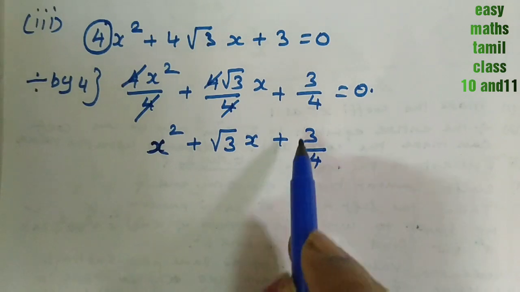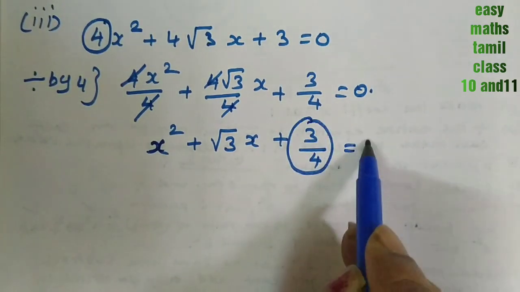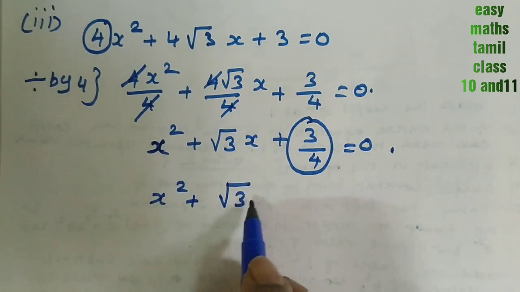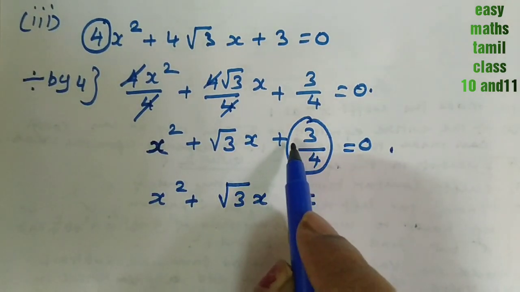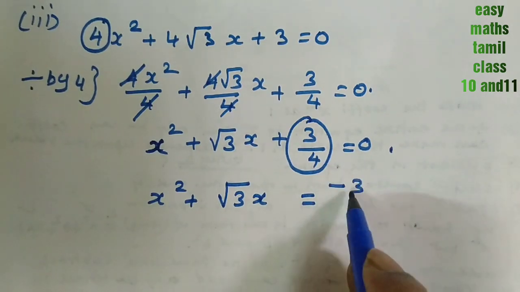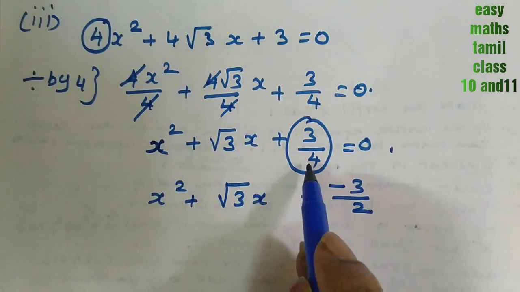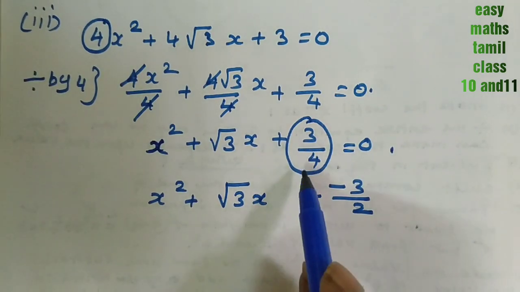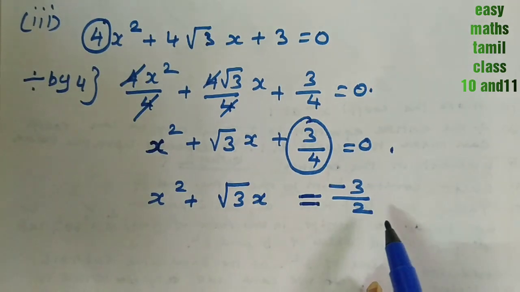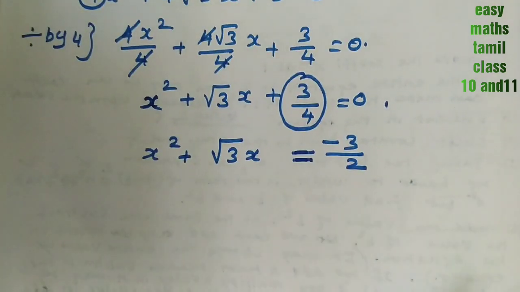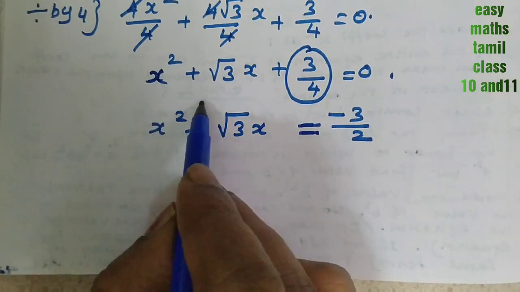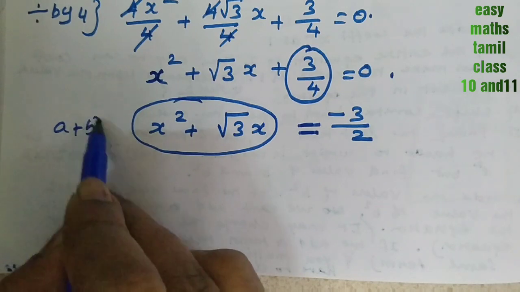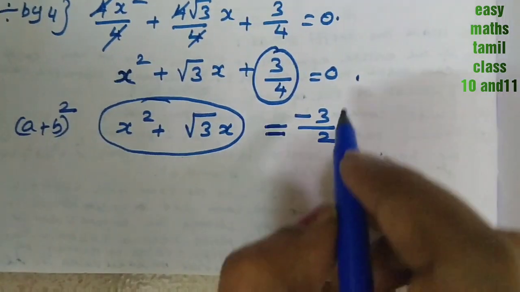Now after this we have to shift the constant term to the other side of this equation. X square plus root 3 into x equal to plus 3 by 4 will become minus 3 by 4, as I am taking this 3 by 4 to the right hand side of this equation, whatever be its sign, it will change. Now this is in the form of a plus b the whole square. Now a plus b the whole square is